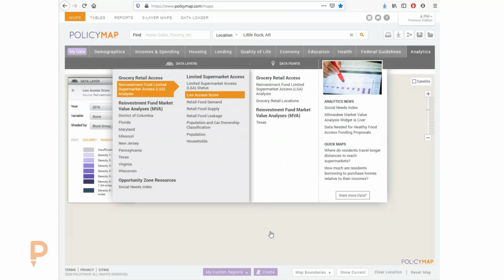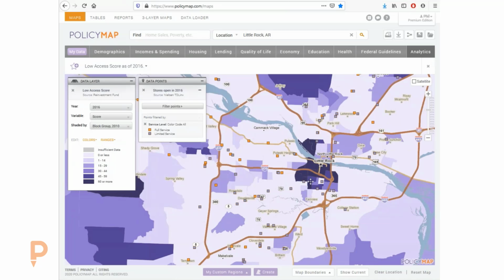And then from there, we create a score, and the score is based on the baseline and then how far you need to move that baseline to get them out of an LSA. So in this case, all these places are very high, above 60, meaning that the score is 60 over the baseline. And so this is how we start identifying places that are considered an LSA. And that baseline is based on distance to a grocery store, and then of course the index of car ownership and density of population.